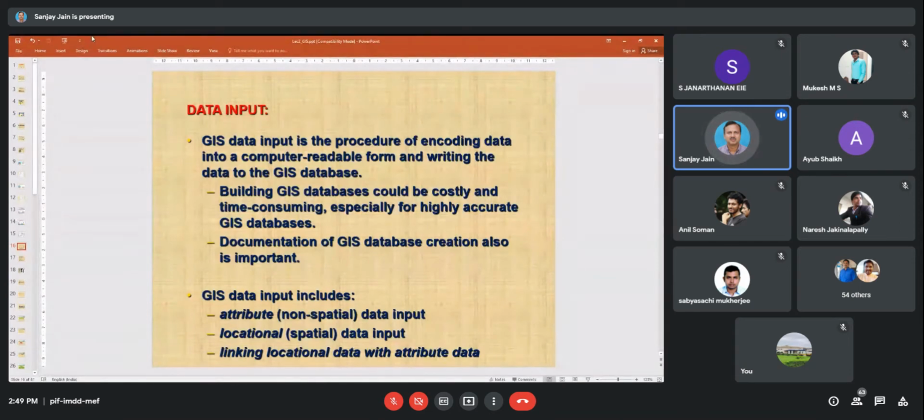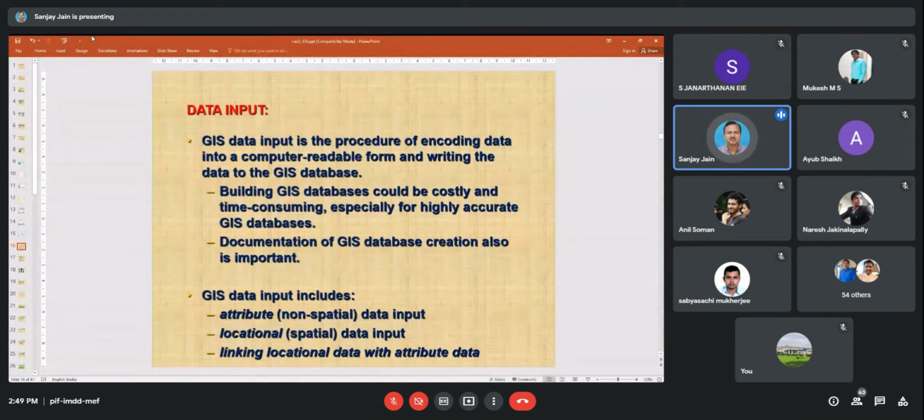That is our first requirement: all the data we have to bring into digital form. Building a GIS database could be costly and time consuming, especially for highly accurate GIS databases. So documentation is also important.